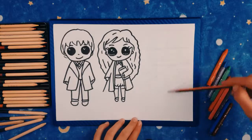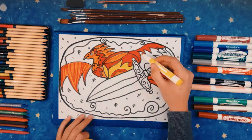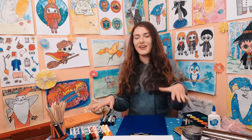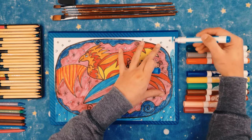This course is designed for all experience levels. So if you haven't sketched Harry Potter before, or you want to take your work to the next level, you are most welcome. You can use whatever materials you have handy. It can be sketch pens, Sharpies, colored pencils, crayons and paper. You don't have to wait long and you can get started right now using your imagination and creativity, which is